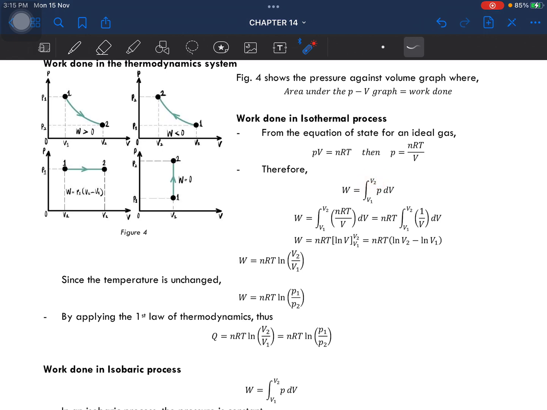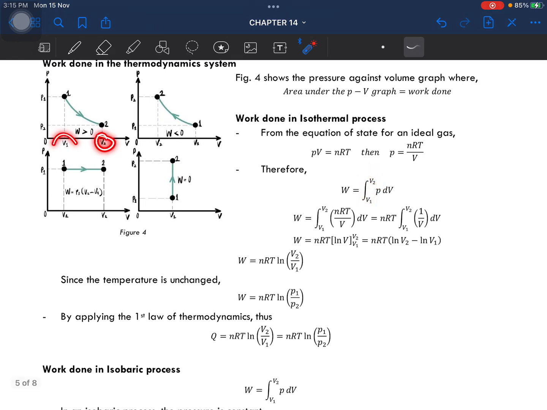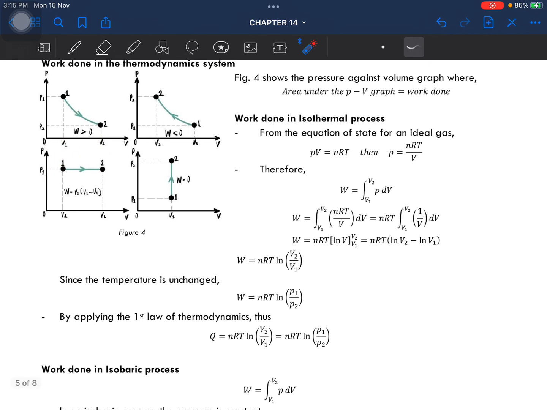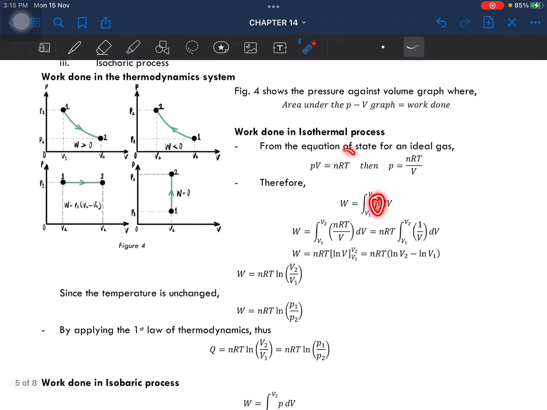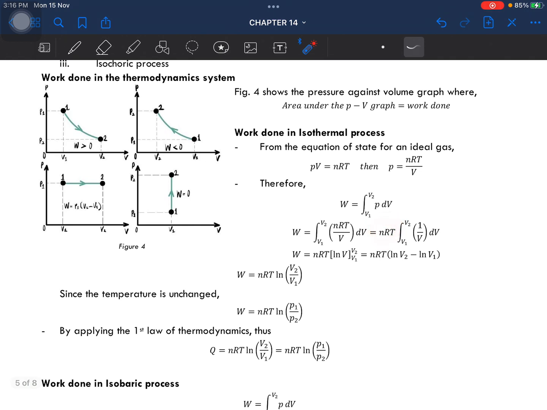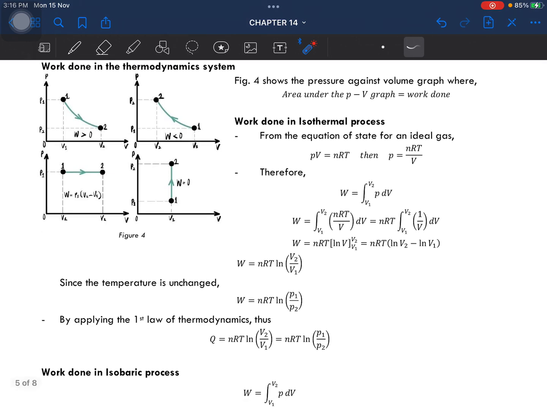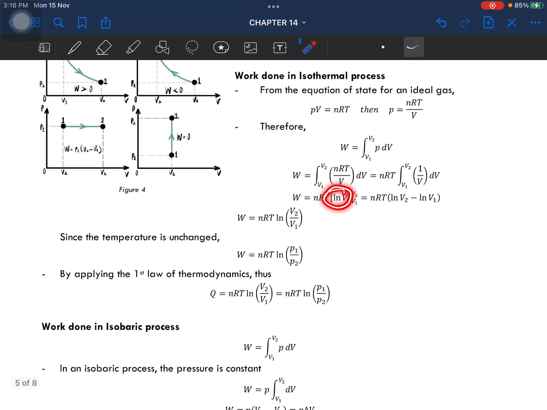The variable is V2 and V1 lah, which is the change in volume here. So if we integrate that in terms of V, and then P here is equal to nRT over V, which is the ideal gas equation. This one is going to be a constant, and then integrating 1 over V we will get ln V, and then V2 and V1, just substitute into this lah, so we get V2 minus V1 here,